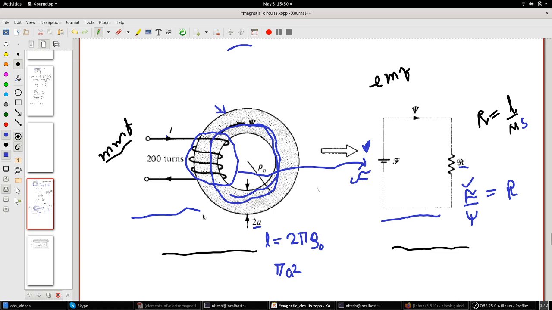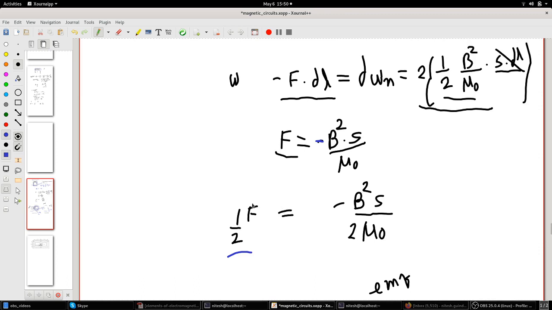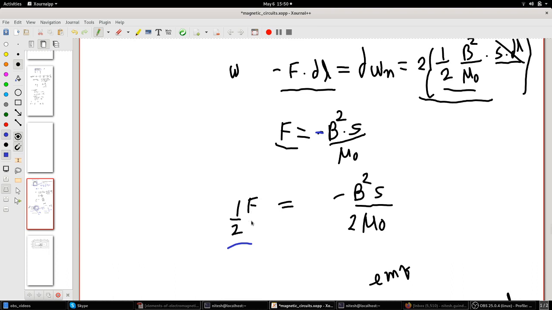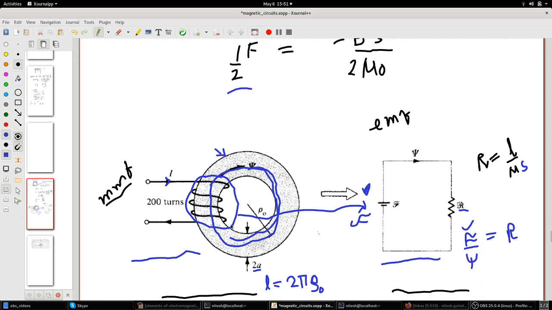When we ask why we are doing this, the whole process of converting this into a magnetic circuit is that things become easier. I know how to calculate the current I, how much current I will have to pass to generate that kind of flux, or that kind of magnetic field, or the force to be generated by the electromagnet. It depends on the kind of problem you have, so I can apply it. The only thing is I have to convert this particular device into a circuit.